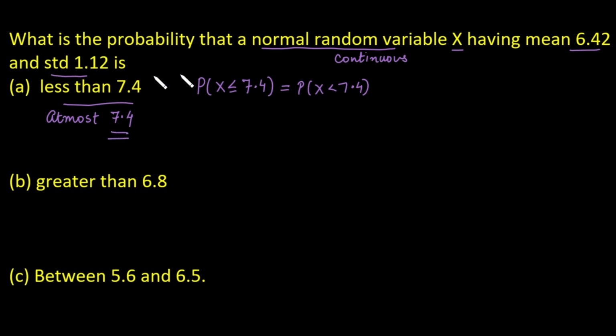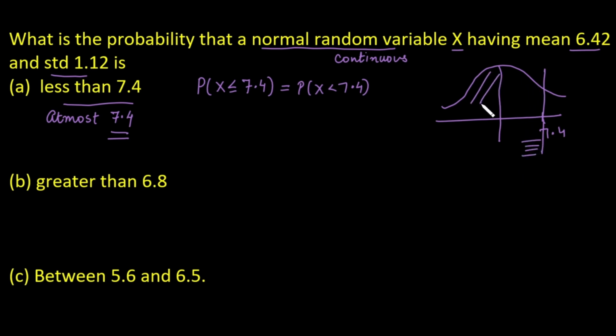In order to answer this one, if you know the normal curve, the normal curve means this one. If this number is 7.4, we need to find the probability that is less than or equal to this number. So it means we need to find the area under this curve. So this indicates that we need to find the CDF in the normal distribution for this point. In order to calculate the cumulative distribution function at a particular point, we can use the inbuilt command. That command is Norm.dist